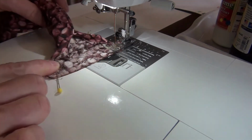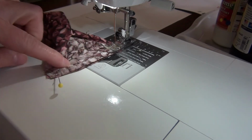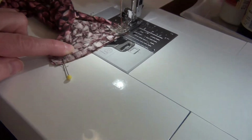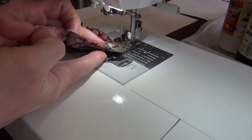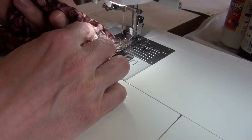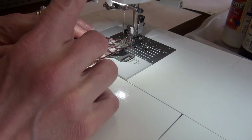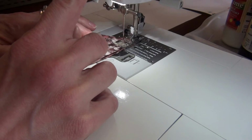So in any case, we line up here at the beginning, and it's a little bit weird because it's all kind of bunchy over here. If I come in closer here, okay. So it's a little awkward, and you just want to make sure that you keep the fabric underneath nice and flat, because it's going to want to fold up on the back side and the front side, but the front side you can at least see. Okay, so we're going to go ahead and stitch, and back stitch,